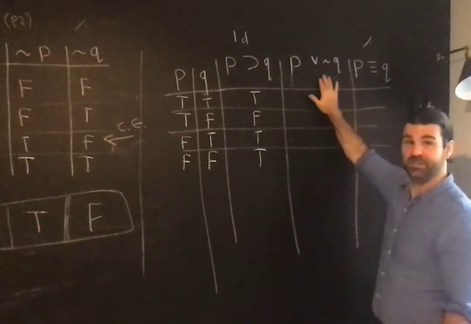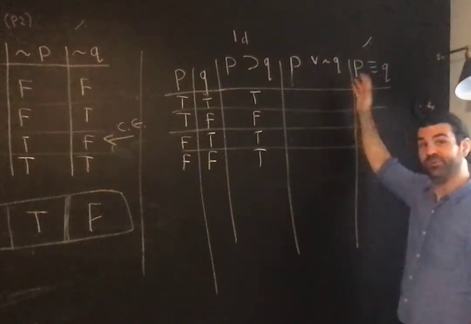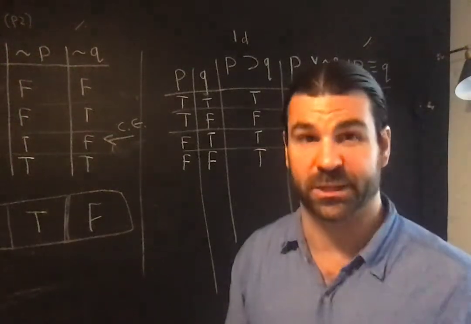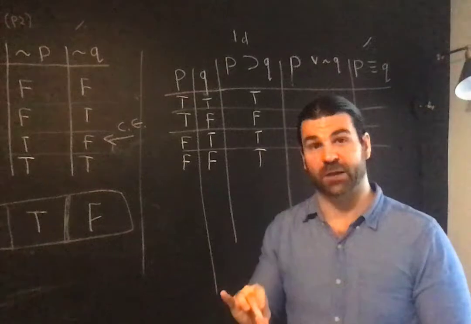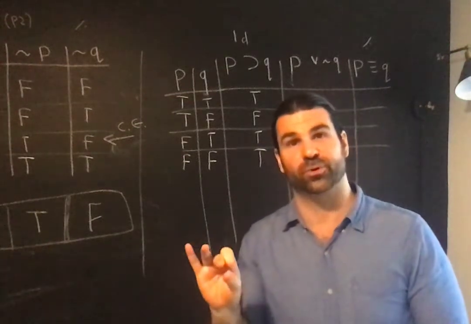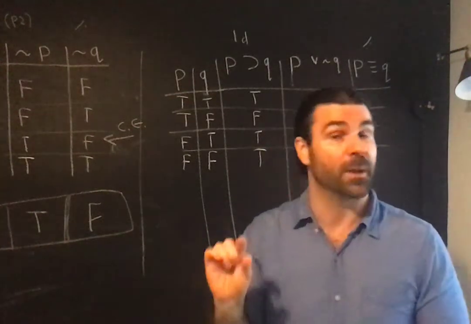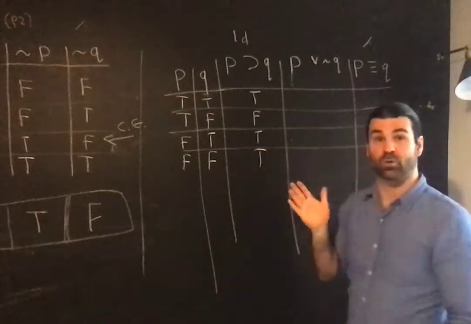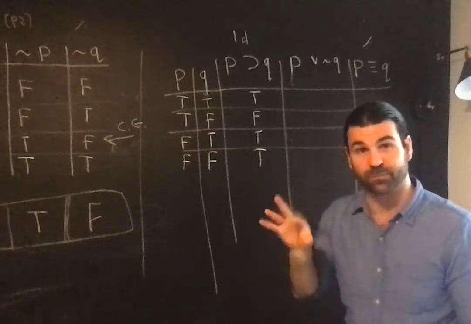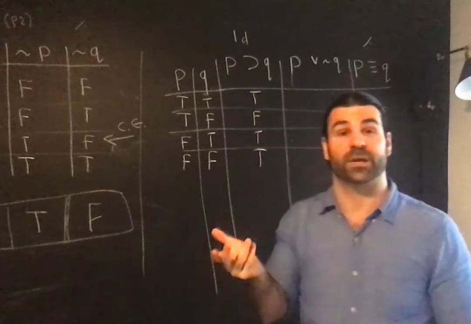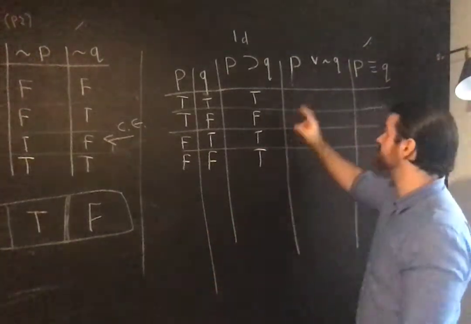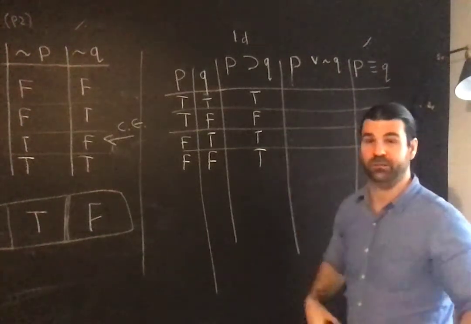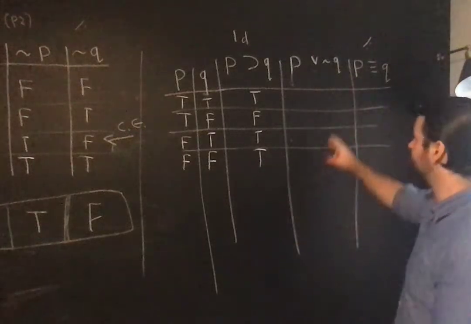Here we have a disjunction where the right disjunct is a negation, right? So already has some complexity. That means we have to calculate the truth value column for the subformula before we calculate the truth value column for the formula as a whole, right? The formula as a whole, that refers to what's the major operator, right? The major operator, what is the form of this thing? It is a disjunction, right? We said that in the last part. This is a disjunction,